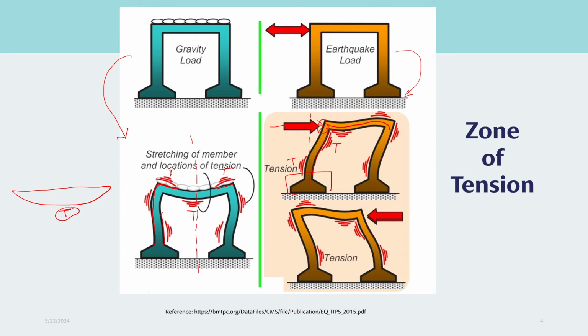Okay, and you can see the effect on the other column also. This portion, as you are pressing on this side, will be in tension, and as this part is fixed, there will be tension also on this face. Exactly the reverse effect you will get when you apply the load from this direction. Exactly opposite. You can see by pausing the video.